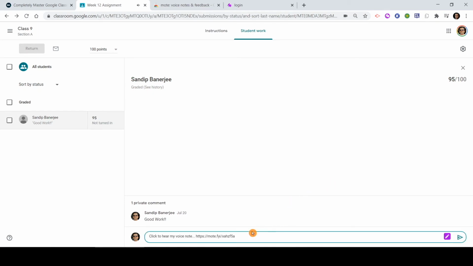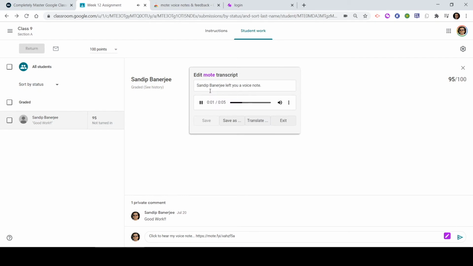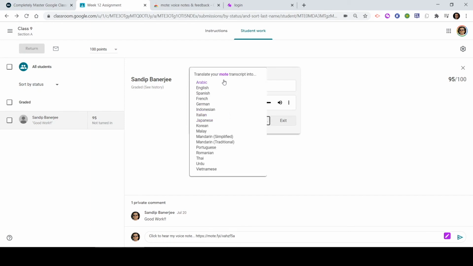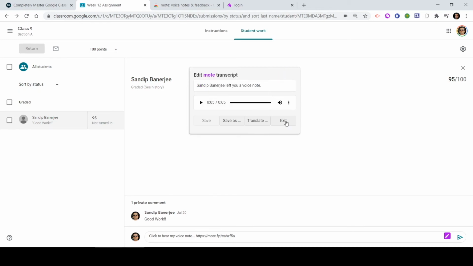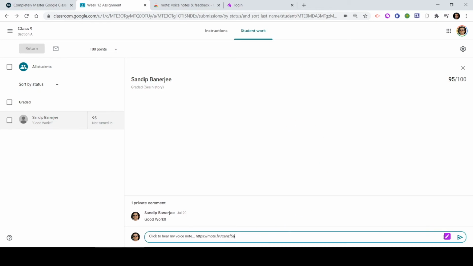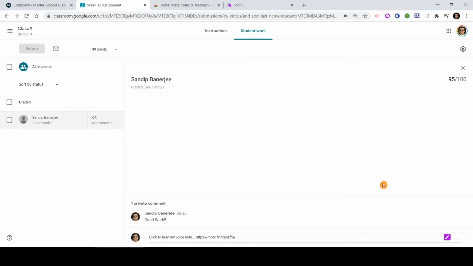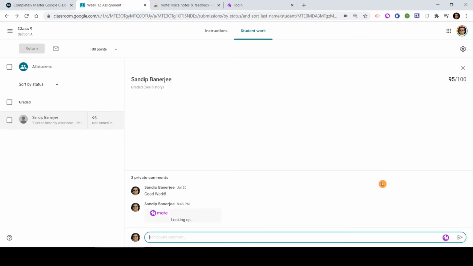Now you can see that it's showing me "click to hear my voice note." That is one you can add. And if I click on this edit, you have done a good job. Please keep it up. Right? So this is the voice it recorded. After that, if I click on this translate, it can translate into other languages also. So in case you are speaking in English and your students understand another language, this particular option can also be very helpful. Now, if I click on exit and then click on this particular button, it will get saved